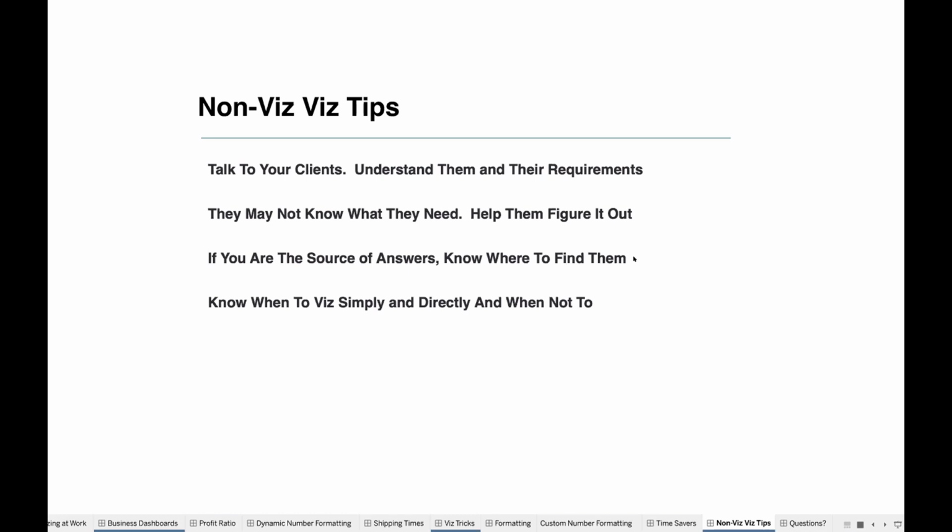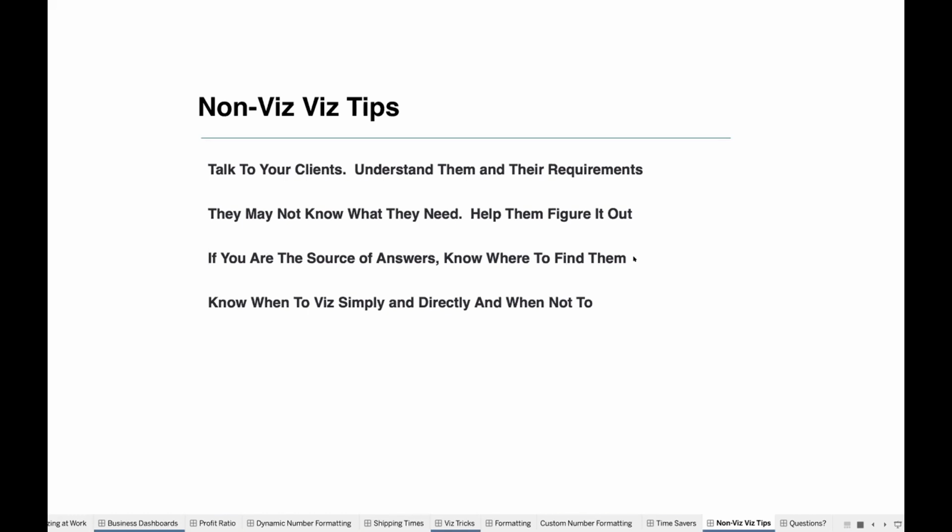So make sure that you know what is in your data, you know what is in your dashboard, what you've put in there, what filters are being used. And not that this means that you have to always know every answer, but if you don't know the answer, know where to find the answer. Know who to go to at your company to ask questions. Just make sure that you don't blindly put something into your dashboard, because it's going to come back to hurt you. Someone's going to ask you a question about it.